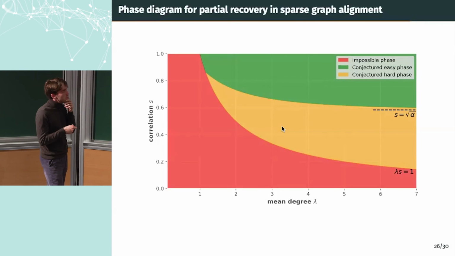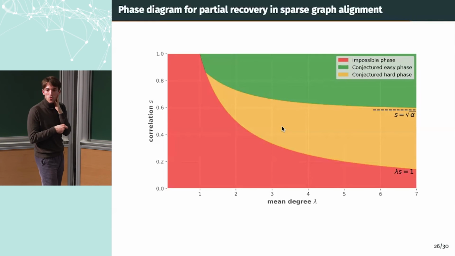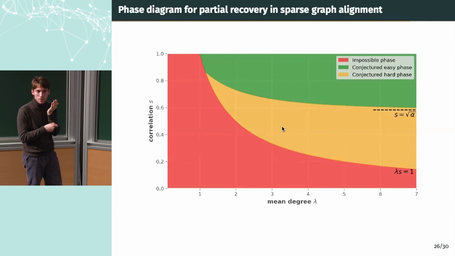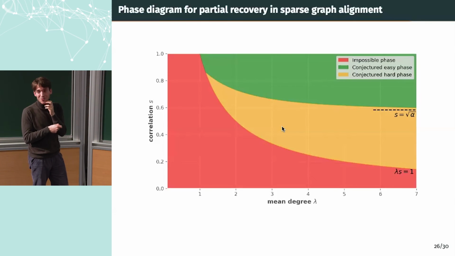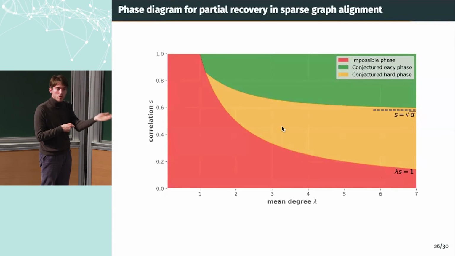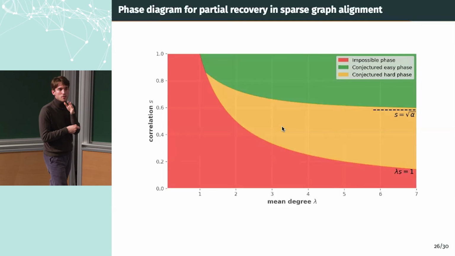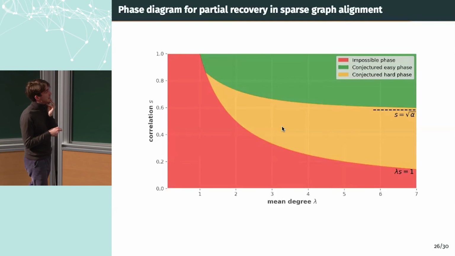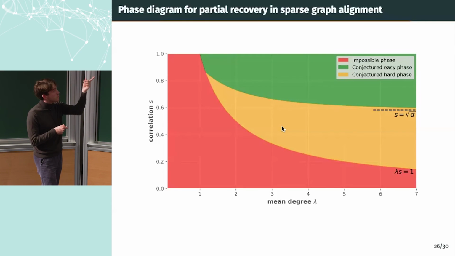But in the middle, at least for now, we don't know whether there exists a polynomial time method that works for this problem. And this is not only us, actually. People have studied other methods, non-local, global, etc., and even deep neural nets, like graph neural nets and stuff like that. And they all actually fail at the same level of correlation S, square root of alpha.